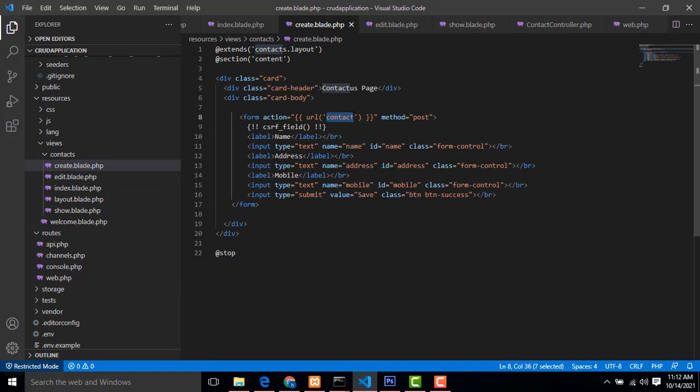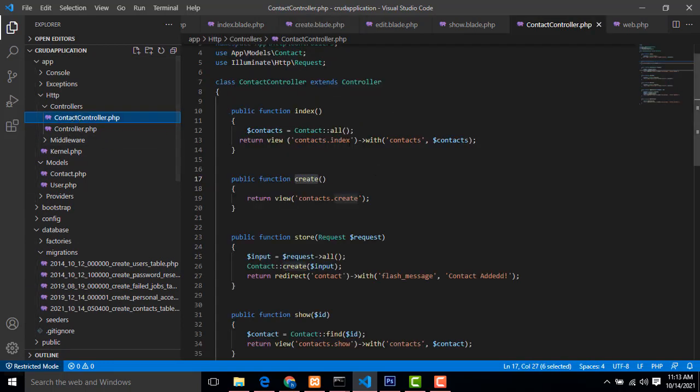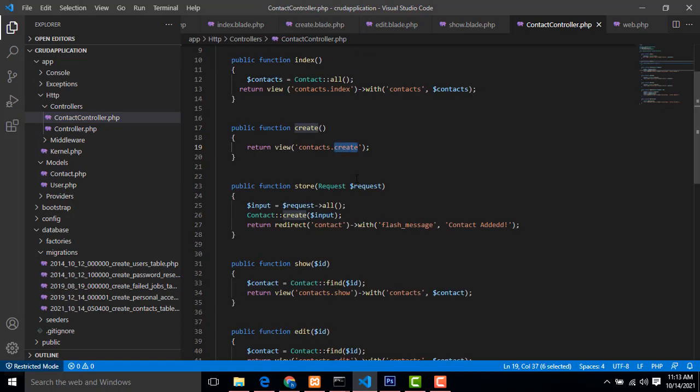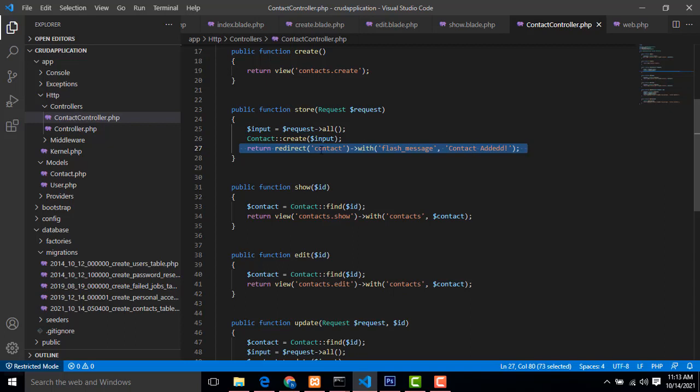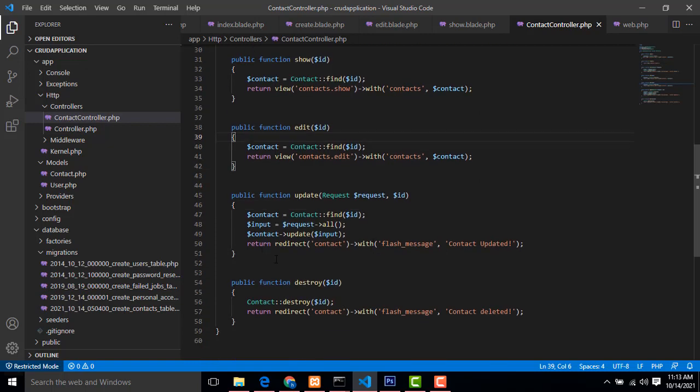Click contact. Okay, it goes here. Create is getting this one. Here it will get the data, whatever data you are requesting from the particular model. It gets all the data and assigns it to the contact here. After adding the record, it will redirect to the contact form. This shows the ID. Say edit: this is how you edit the record, delete, and update the record. Very simple code you have written to do the stuff.